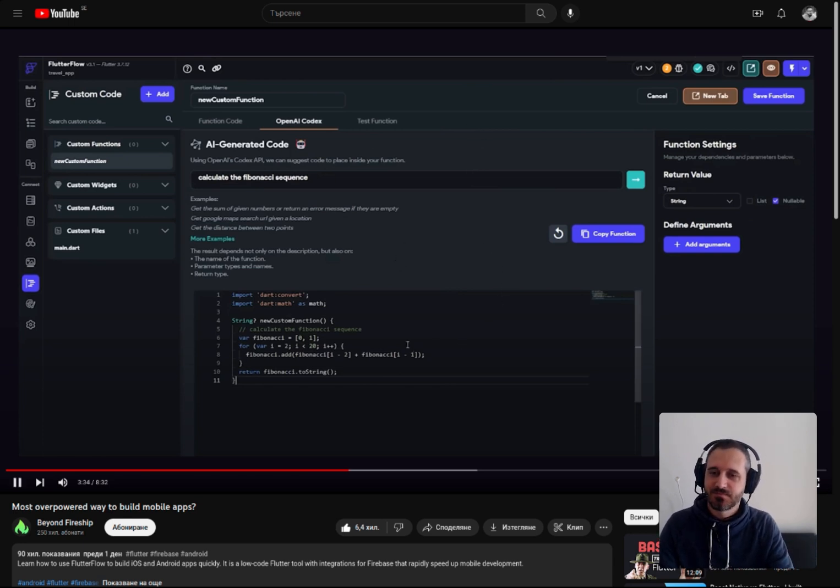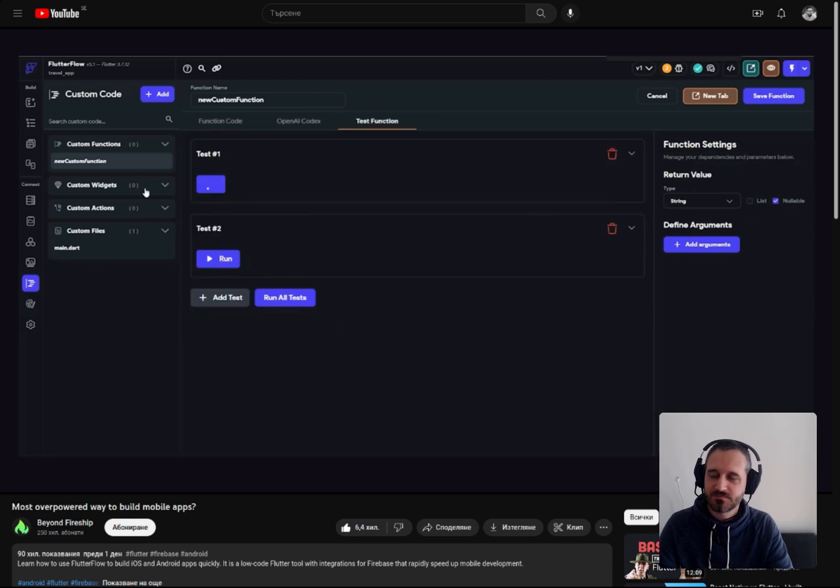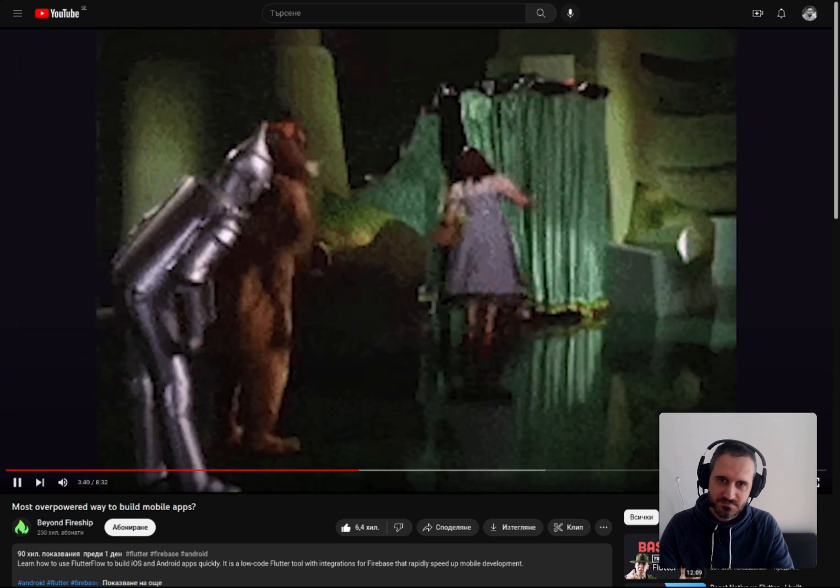Overpowered. And if that weren't enough, we can also write unit tests for this code visually to make sure that we're actually getting valid code. There's a ton of other features we could talk about here, but now